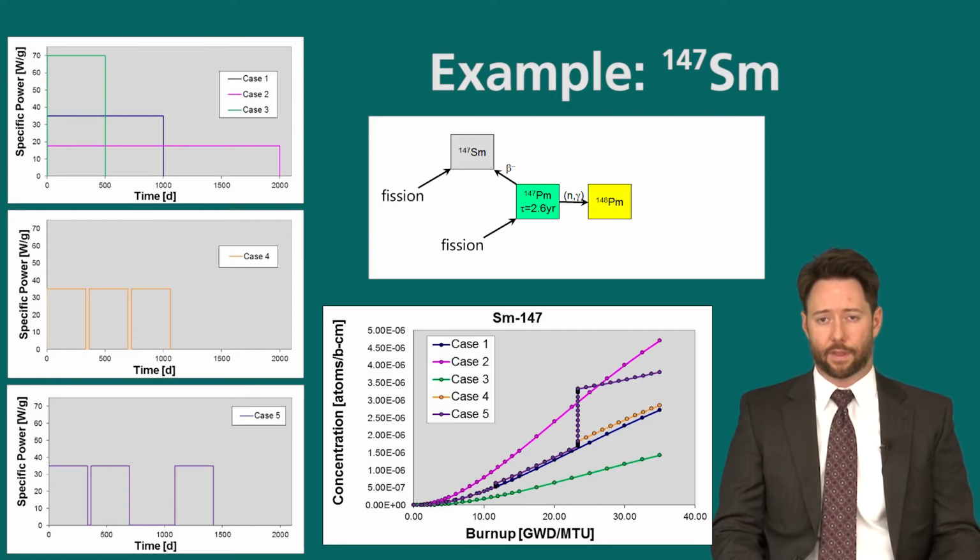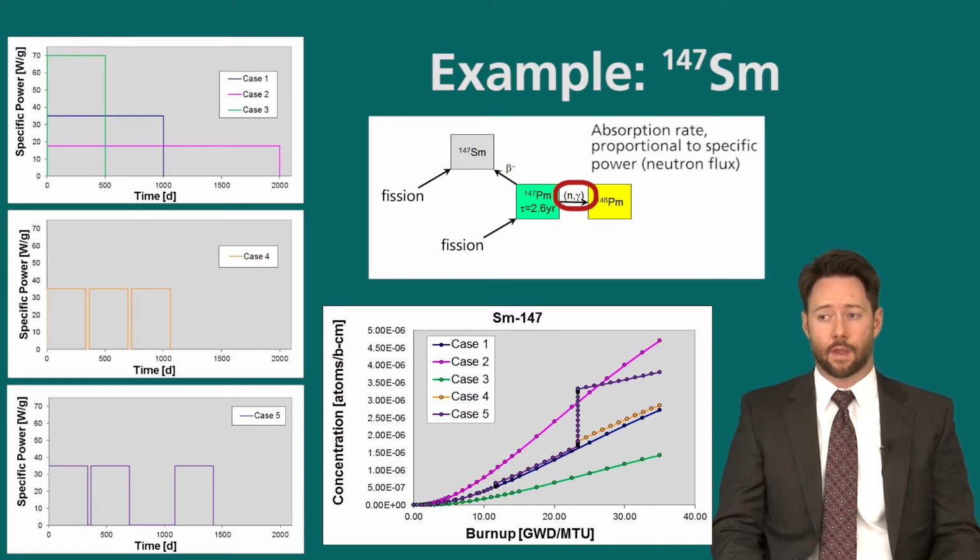And there are 2 things that are leading to the differences between the different cases here. The first is this N-gamma reaction that's dependent on the absorption rate and proportional to the specific power that the fuel assembly is being operated at. So when the fuel assembly is experiencing a higher specific power, then more of the promethium-147 is being absorbed and becomes promethium-148 than is allowed to decay at a lower relative specific